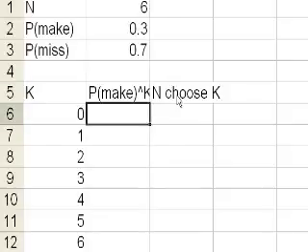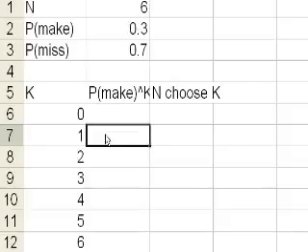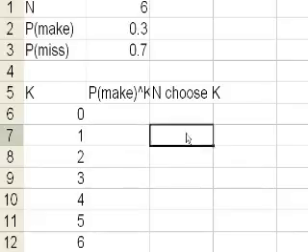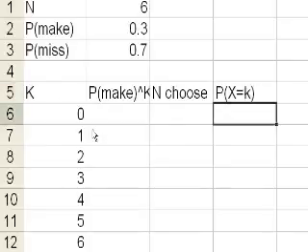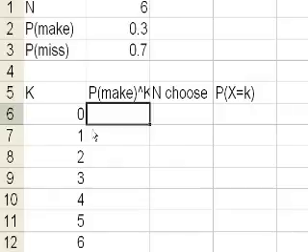Essentially this cell will have the probability of, for example, making the first and missing the next 5, or missing the first 5 and making the last one. They're all going to be the same probability: 1 make and 5 misses. And then in this cell, we say, how many different ways can I make just 1 out of 6? That's why I choose 1 out of 6. K is 1 and n is 6. That's going to go there. And then we can calculate the probability that our random variable is equal to k. I know it looks all fancy, but it's exactly what we did in the last video